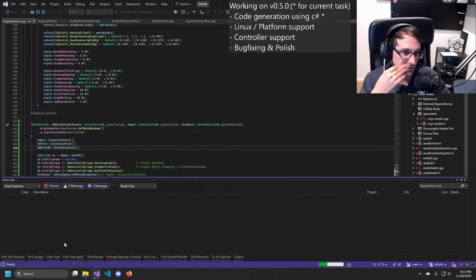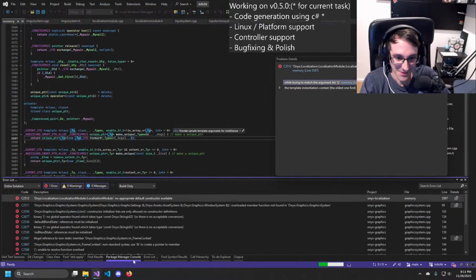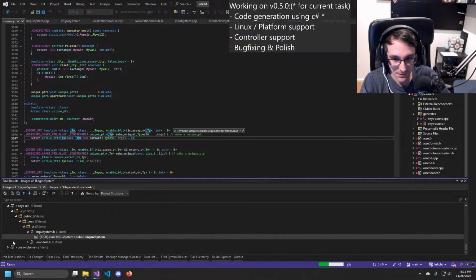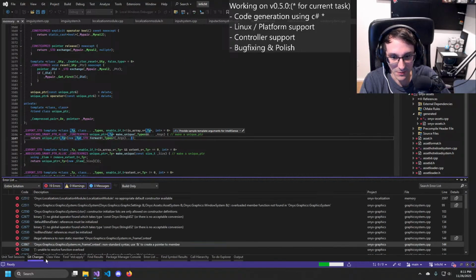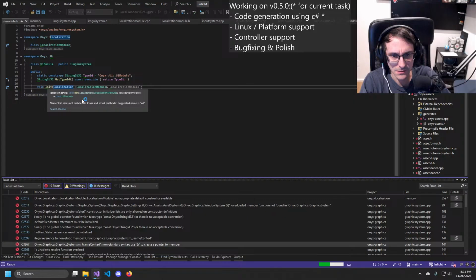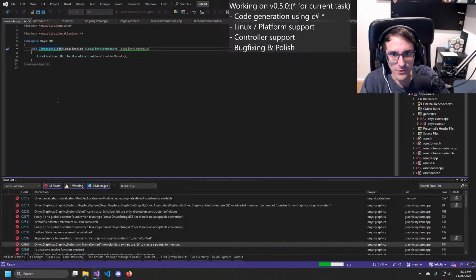Why did I even compare? That doesn't really work. That doesn't work at all. Well, oh, we have the UI module as well. What is that? What is that even doing?